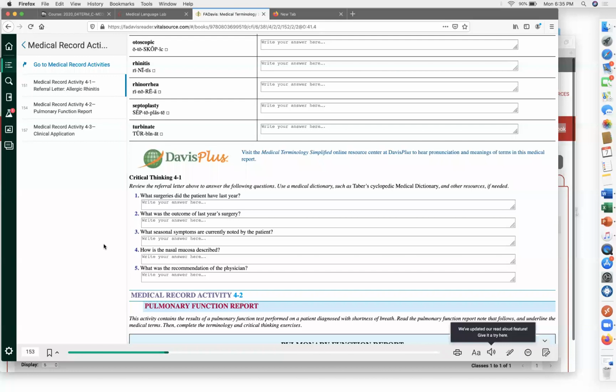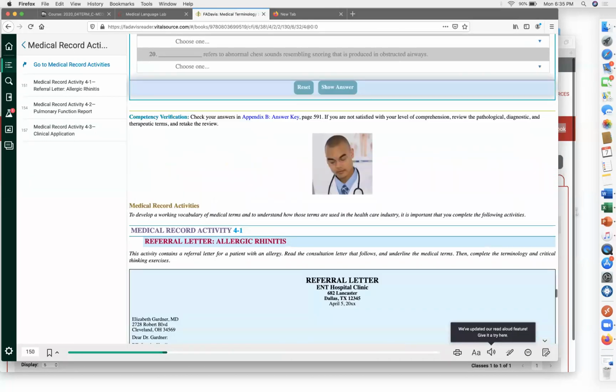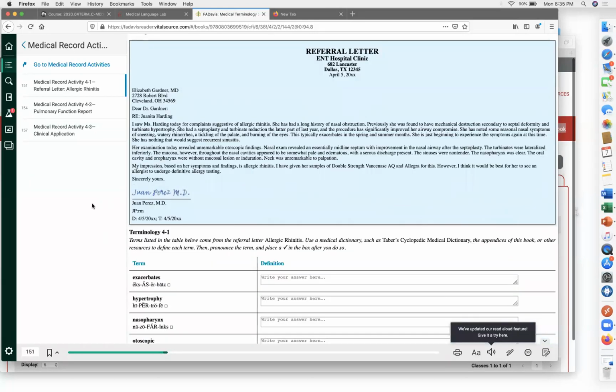Could I ask, what are we asking Dr. Harding to do? Dr. Perez is asking Dr. Harding, can we send her to an allergologist? Okay, so that's a breakdown of just one case. So look at your previous